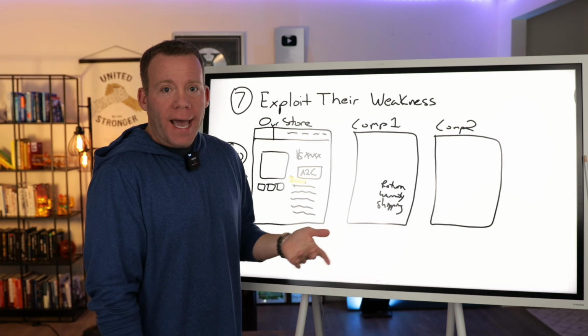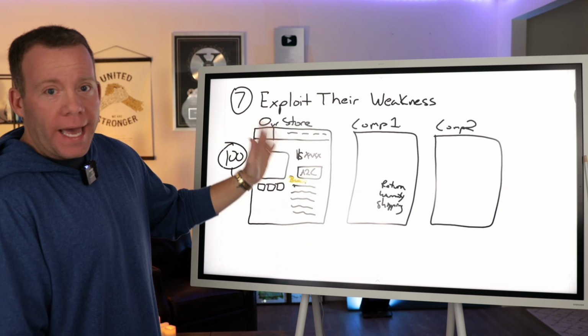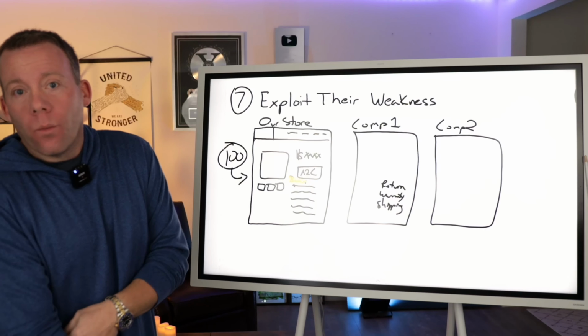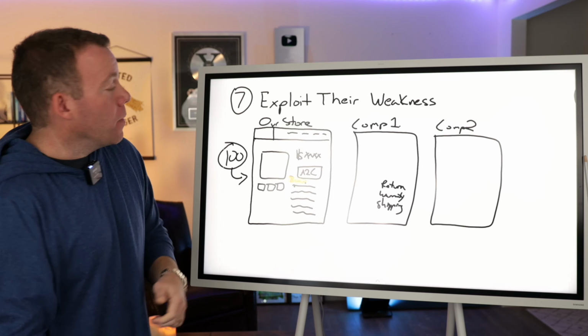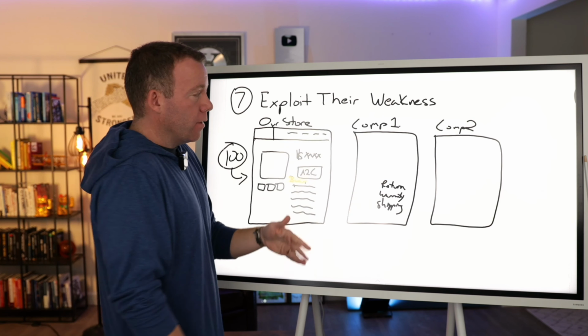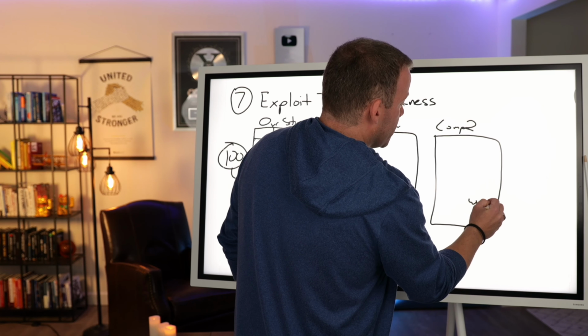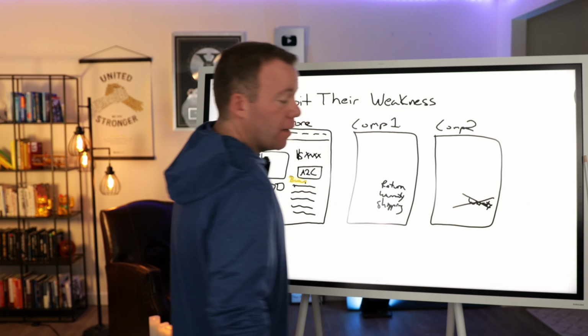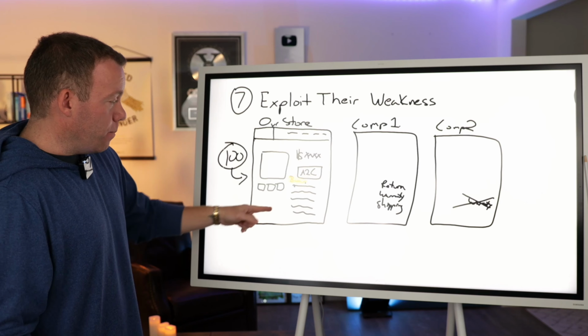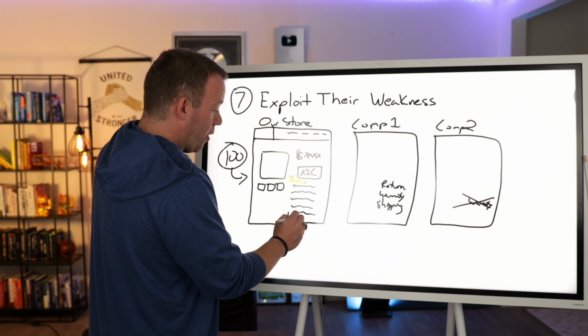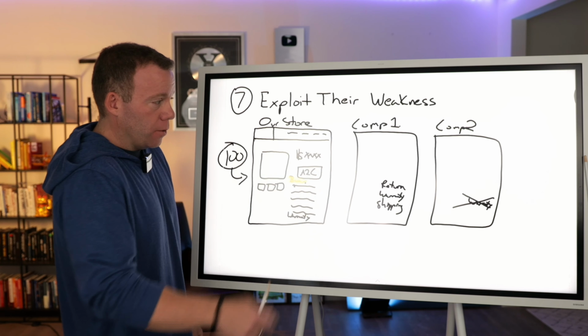Another thing you might want to look at is if you're selling for supplier A, and supplier A says all of our products include a 1-year manufacturer warranty, and then you're looking at competitor 2's store, and you notice that they don't even have a warranty section. It's not even included on their product page. Well, guess what? If you now add that to your site, again, it's from the supplier. It doesn't cost you anything, just simply this little bit of research.